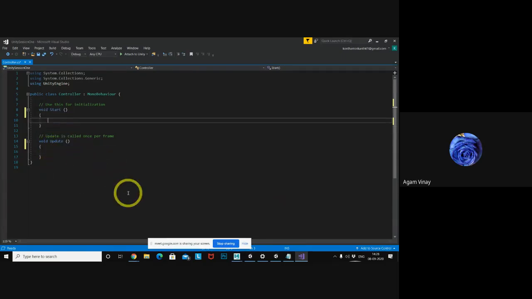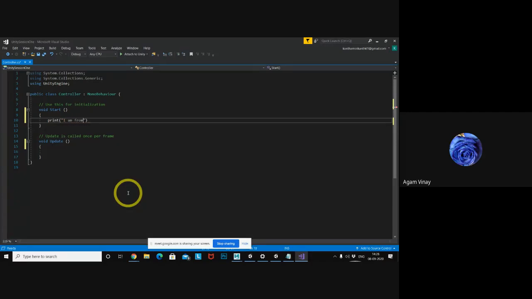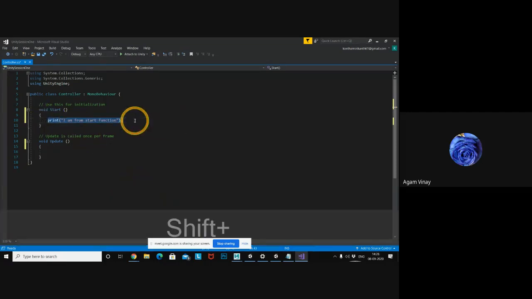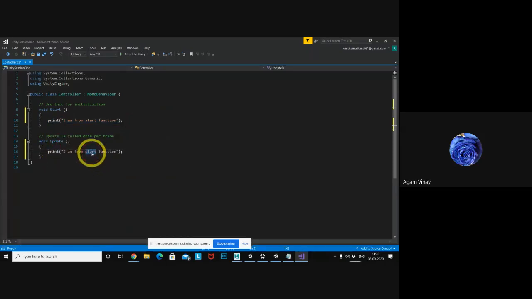So I just want to print something and show it to you. Print "I am from start function." Copy it, paste here, "I am from update function."